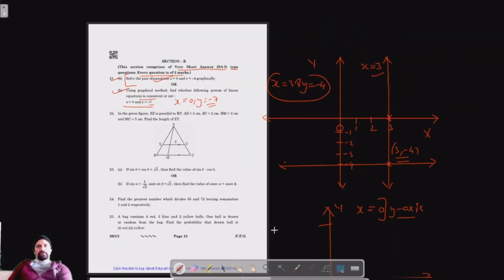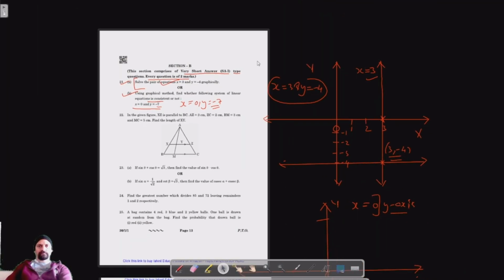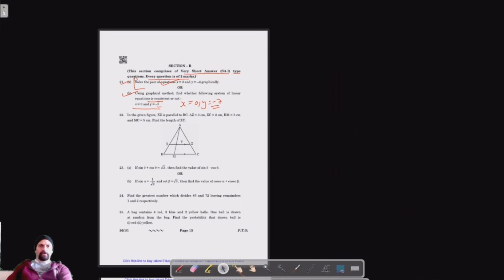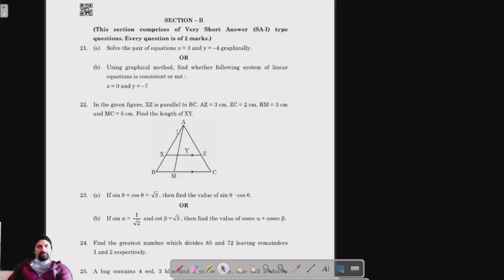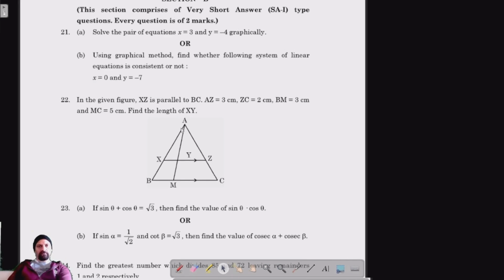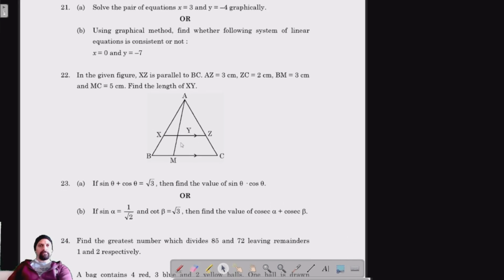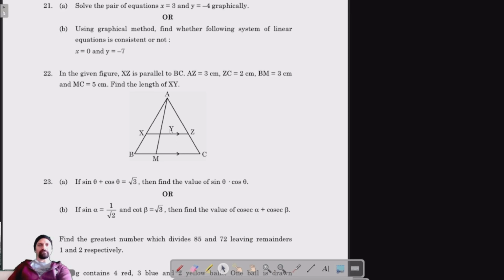Okay, moving on to question number 22. For question number 22, we have to find the length of XY, and in the figure it is given that XZ is parallel to BC. So we can say that in triangle ABC, XZ is parallel to BC. We are doing question number 22. So XZ is parallel to BC, therefore